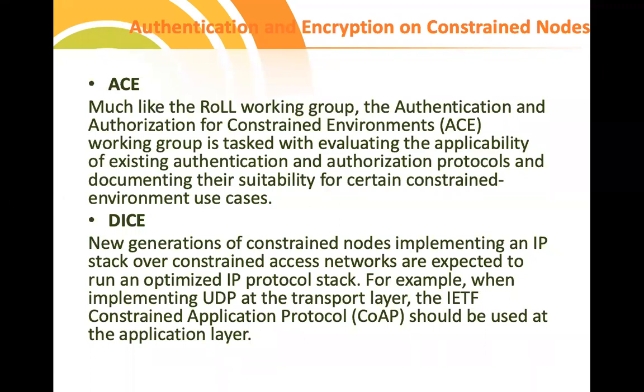For example, if it is a database oriented project, you are supposed to send an OTP to your mobile. You check whether the number is a valid mobile number with the right number of digits, and you can send an OTP using an API. That is how authorization works. Along with that, we have something called DICE. DICE is related to the optimization of the IP protocol stack and using UDP at the transport level. So we can make use of CoAP, the Constrained Application Protocol. We will see CoAP in detail.